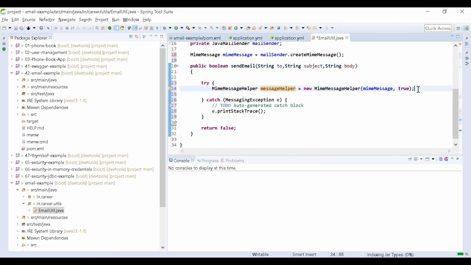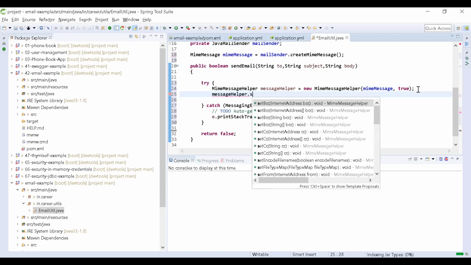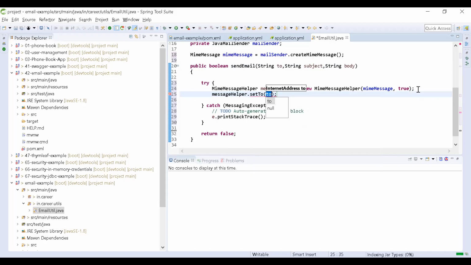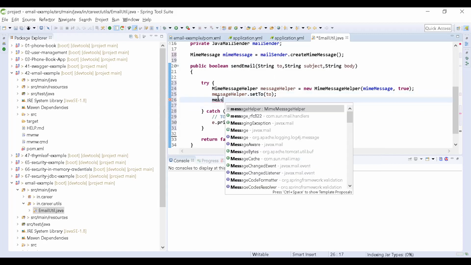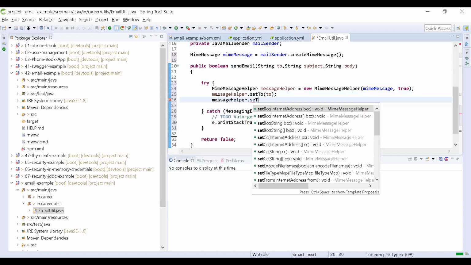So you can just say message helper dot set to. I'll select the to here. Then message helper dot set subject.